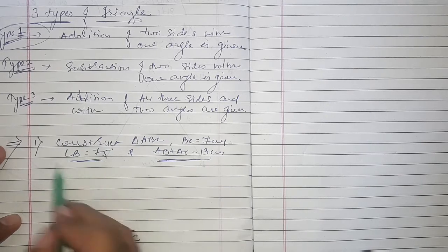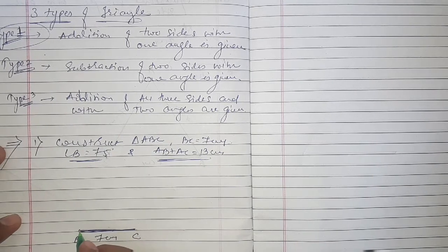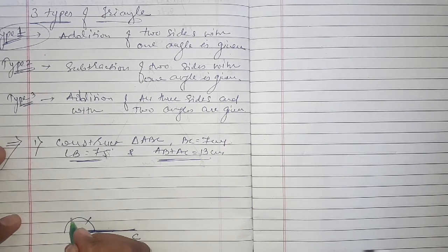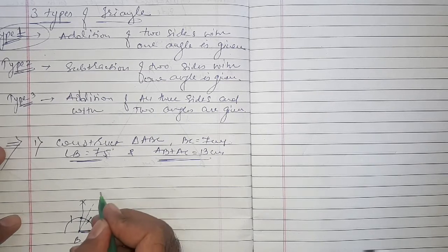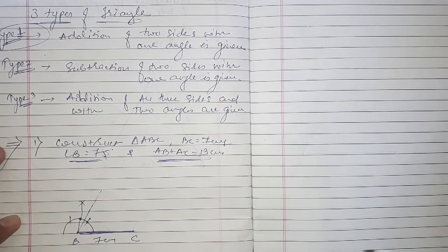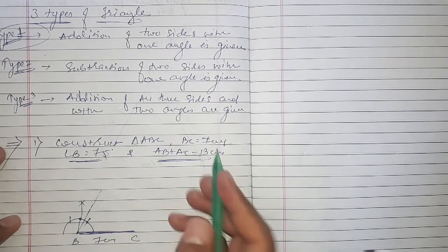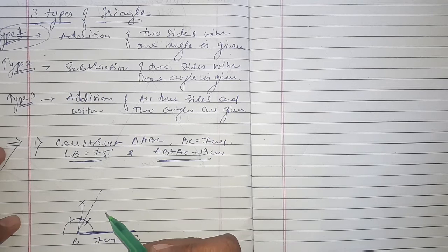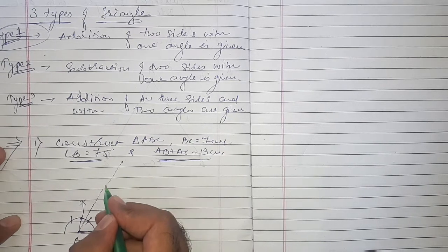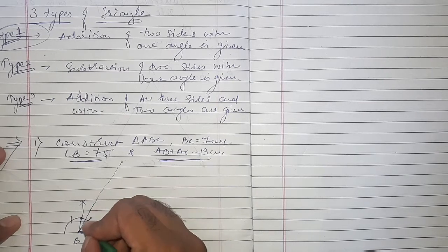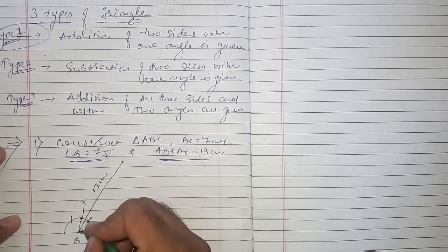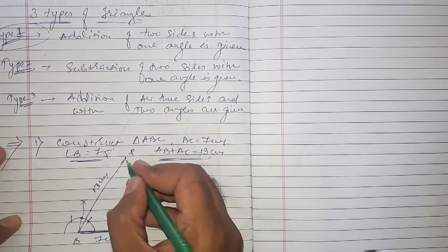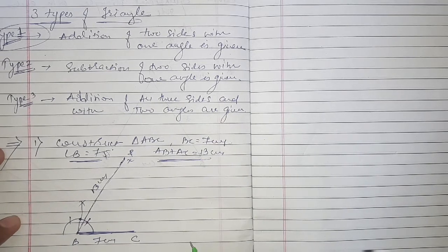After that, here 75 degree angle B is given, so take a semicircle, make a 60, make a 120, make a 90 degree. Okay, and after bisecting 90 and 60, you get 75 degree. Okay, so this is your 75 degree angle B. Clear? Now AB plus AC is 13 centimeter is given, so construct this line as 13 centimeter, and mark the point at the 13 centimeter as X.